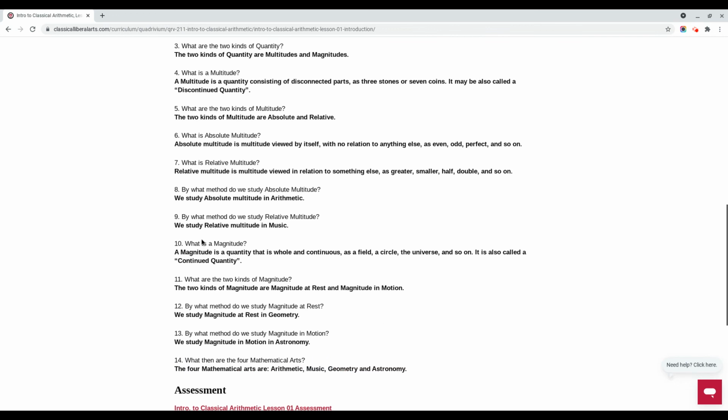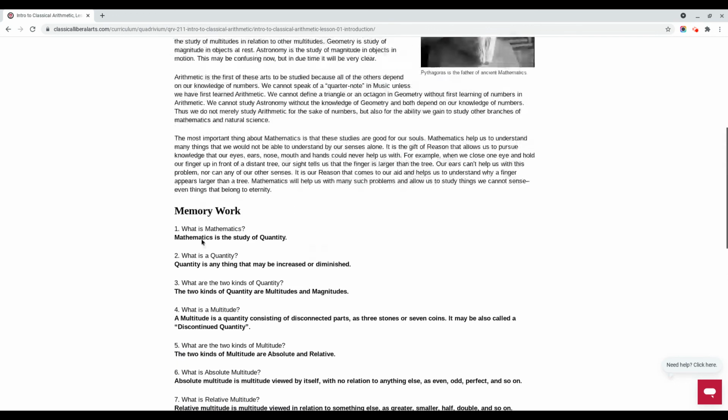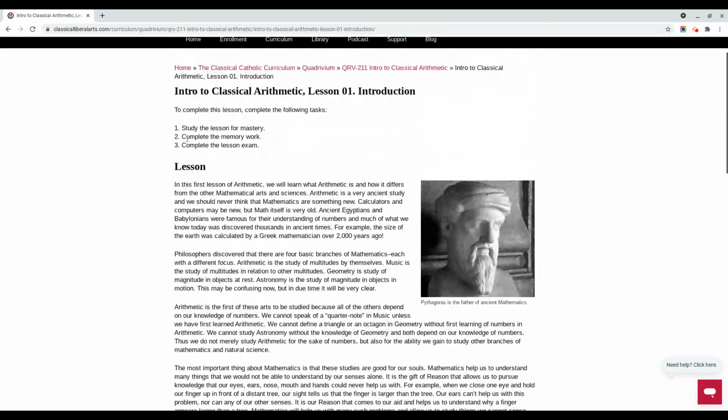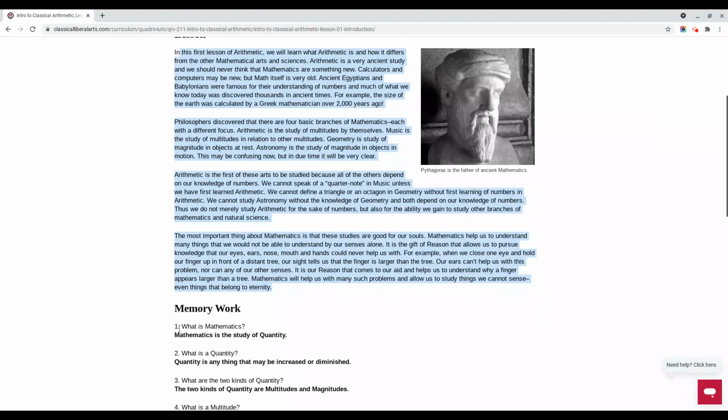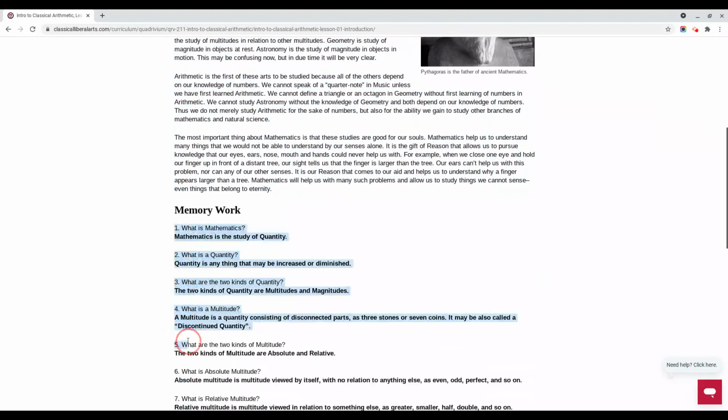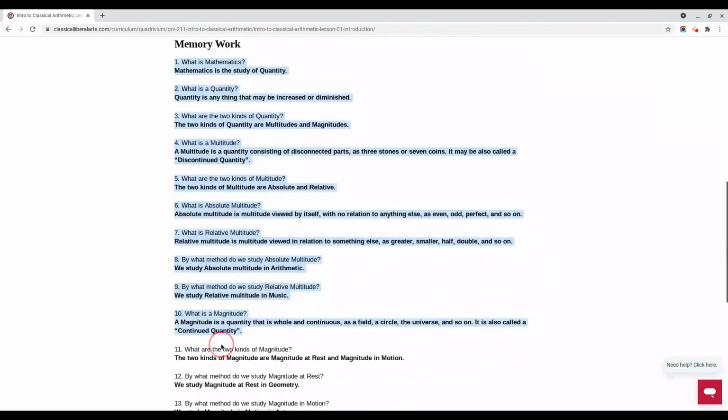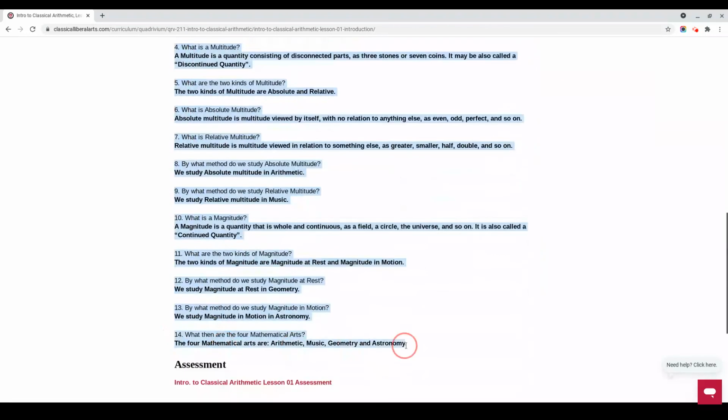But after you've completed steps 1 and 2 for this lesson, you've studied the lesson for mastery, and you've completed the memory work for all of the questions listed in that memory work section,